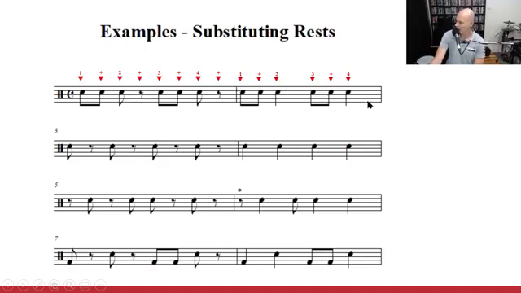So when we look on the right-hand side here, we've actually taken away the eighth note and the rest and just substituted that for a full quarter note. Because if you think about how this sounds, on the left-hand side here, we're going to have 1 and 2 rest, 3 and 4 rest. It's basically the jingle bells rhythm, right? It's jingle bells, jingle bells. All right? There's no need to have a rest on the and of 2 and on the and of 4,